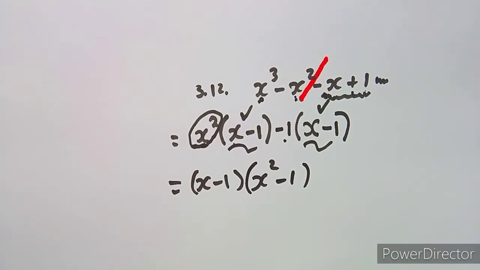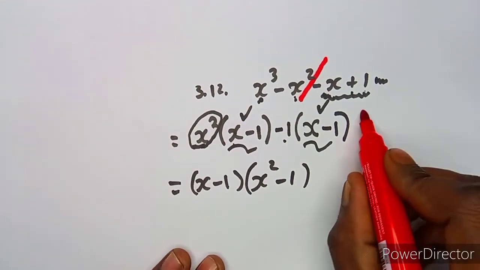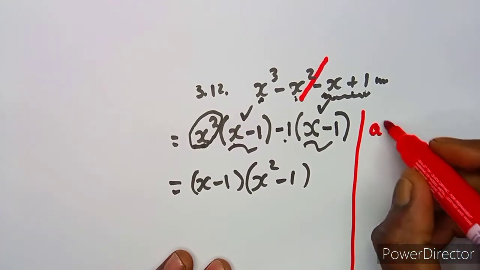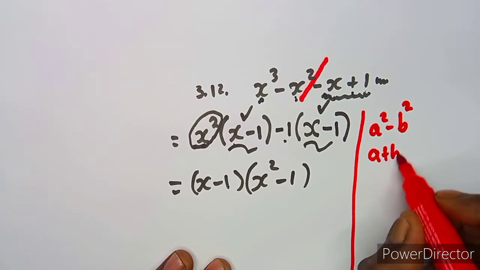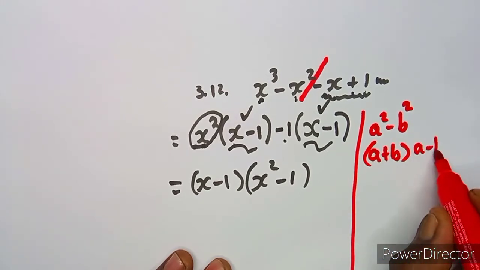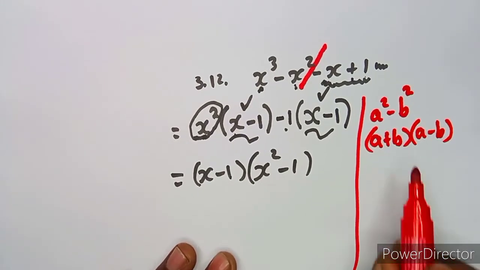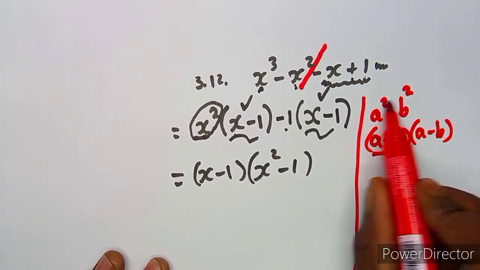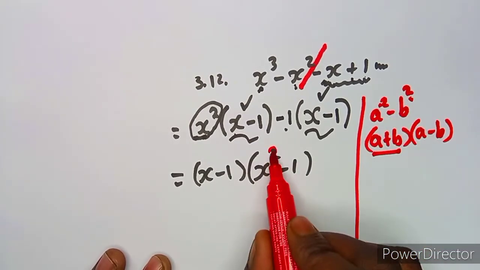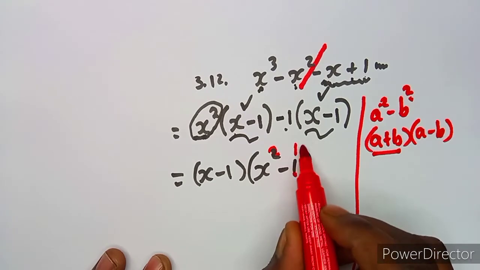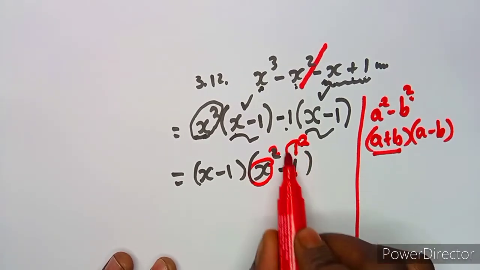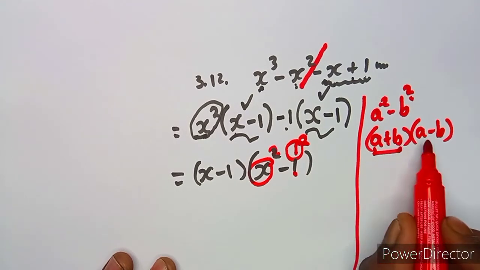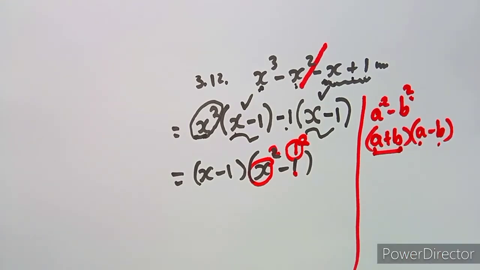It seems like I have simplified to simple form, but no, guys, remember the difference of 2 squares. A squared minus b squared is equal to a plus b into a minus b. As long as you can write this as a perfect square, like this: this is x squared here, and this one is the same as 1 squared. So we've got x and we've got 1, just a and b, a minus b. So this is going to be written as